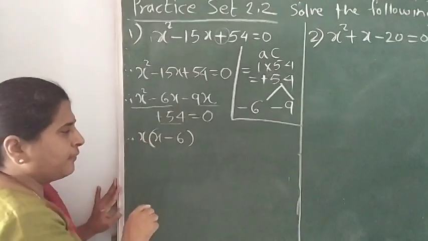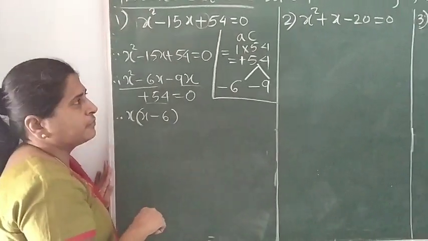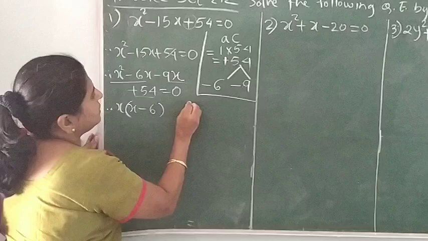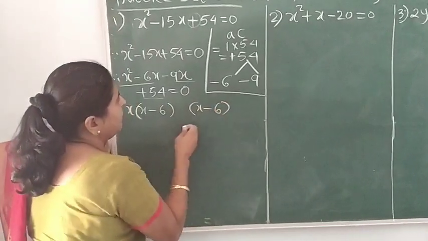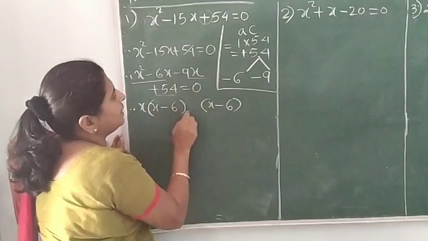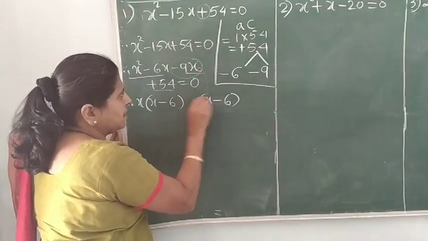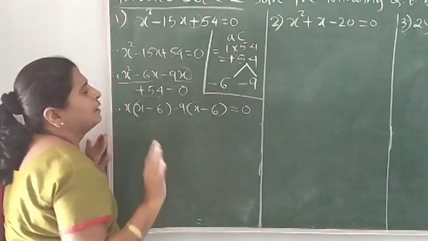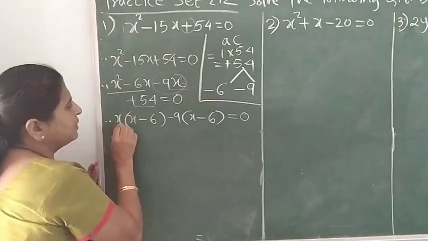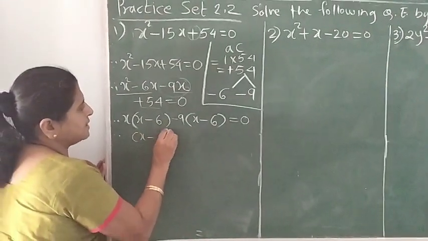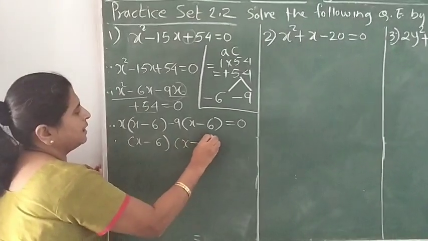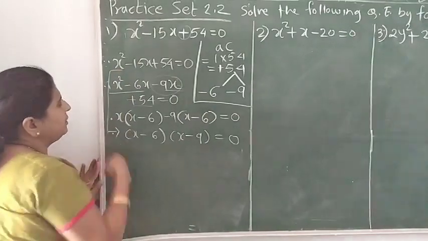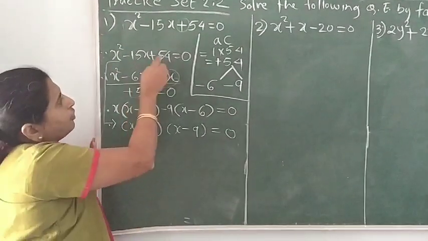Now use the trick given in my previous video. If you have not seen it, watch the previous video. I will give you its link in the description box. Now write x minus 6 same, and see the third term. It is minus 9x. Out of this we have taken x common, the remaining is minus 9, and write is equal to 0. You have got your common terms. Now from these two brackets we get x minus 6 and another bracket x minus 9 is equal to 0. So we have got the factors of the given trinomial on the left side.